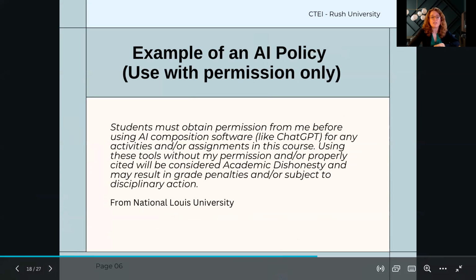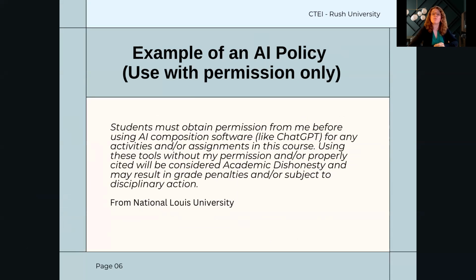This is from National Louis University. Students must obtain permission from me before using any AI composition software for any activities or assignments in this course. Using these tools without my permission, without being properly cited, can be considered academic dishonesty and may result in disciplinary